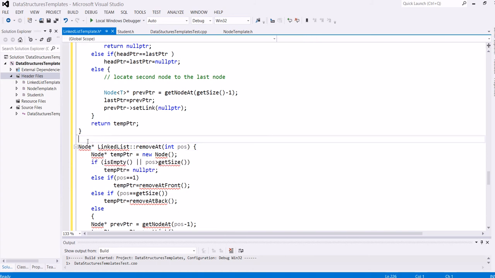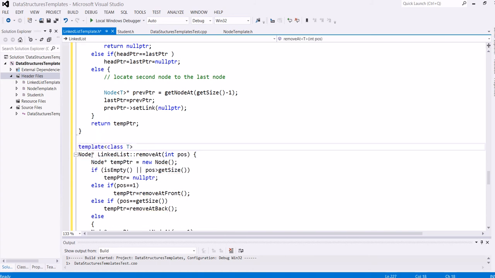So we will make this one a generic function,